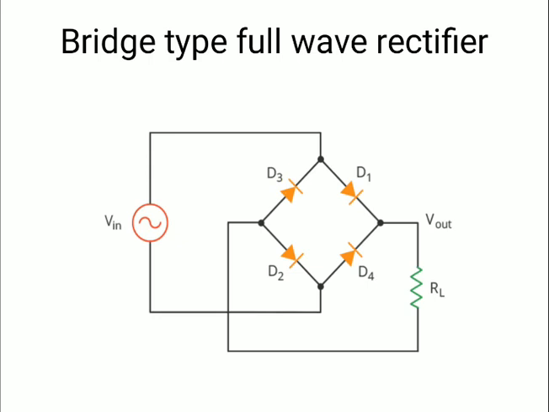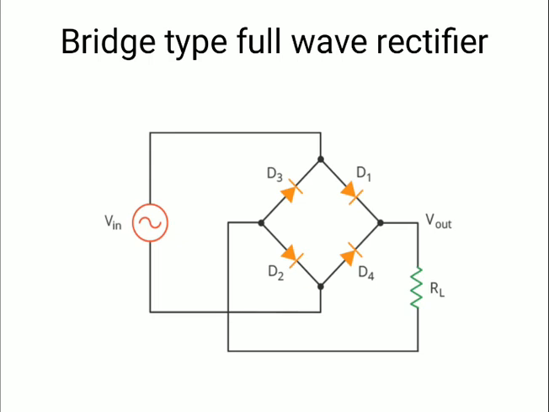During the negative half cycle, here there will be a positive terminal and on the upper side there will be a negative terminal. Similarly, in the negative half cycle, D4 and D3 are in forward bias and D2 and D1 are in reverse bias. So current will move from D4 to the RL, and from the RL it will go to D3, and this is how it will complete its path.